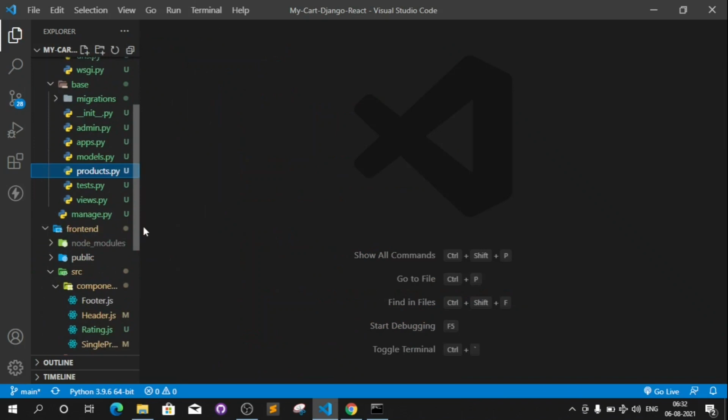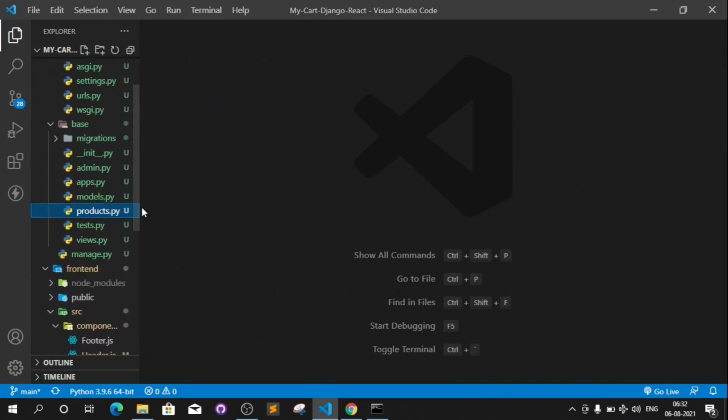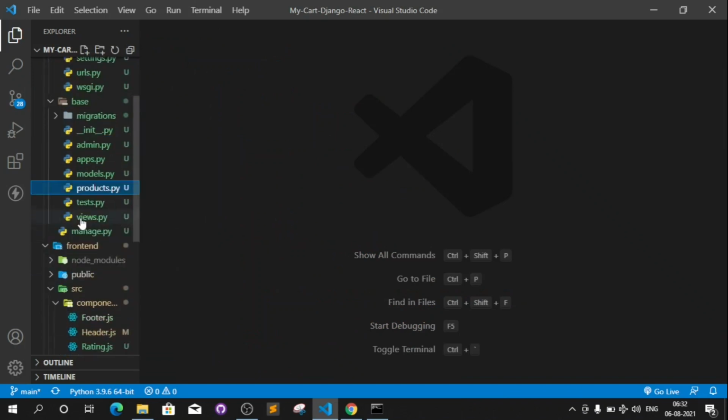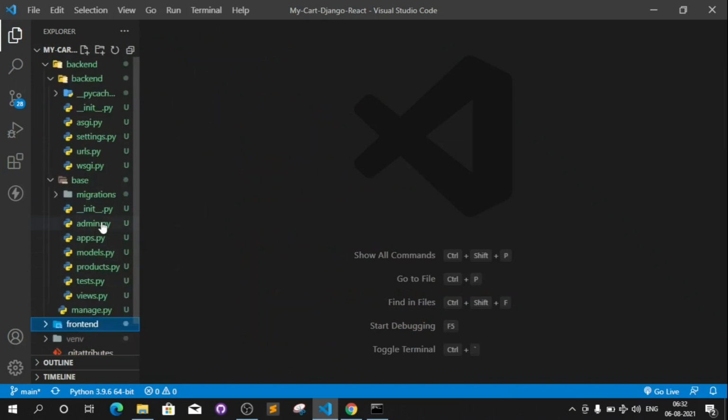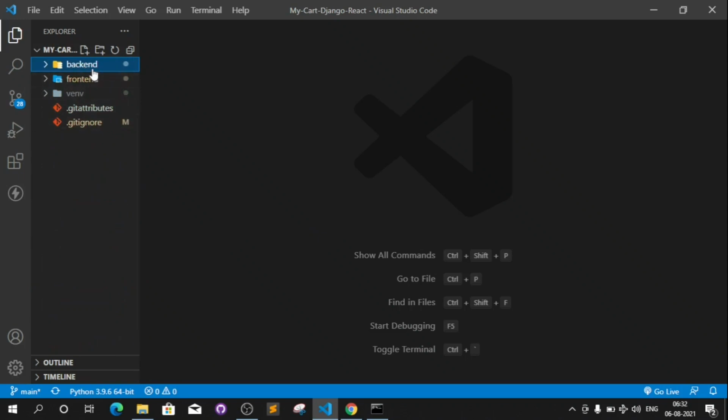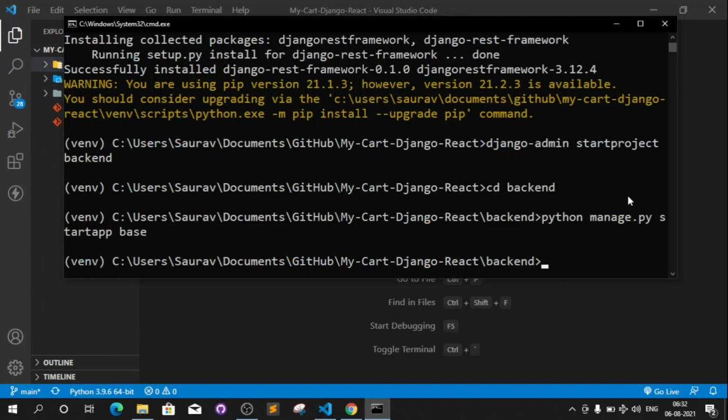So I think we have done a lot of work here, and close this frontend folder, virtual environment, and okay, now make a requirements.txt file. So pip freeze, and it will be requirements.